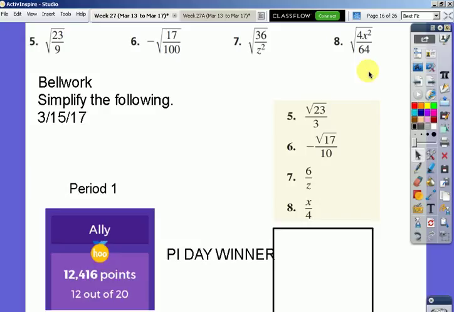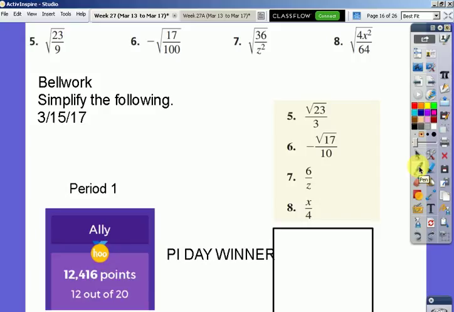So 2 over 8 simplifies to 1 over 4. Well, because 100 is a perfect square. If you take the square root of 17, you still get 17, square root of 17. If you take the square root of 100, you get 10. So again, just to write it down, just so we're reminded here,